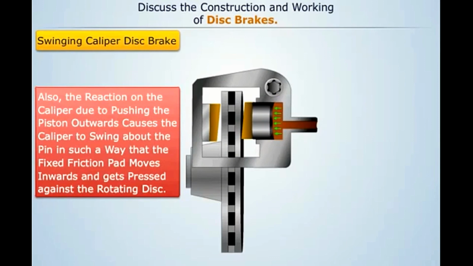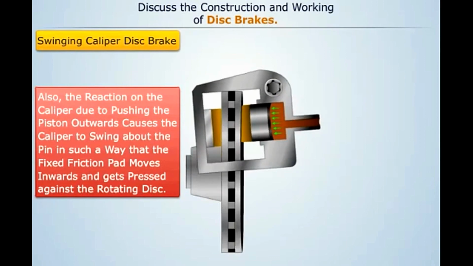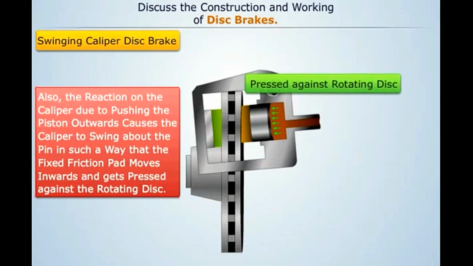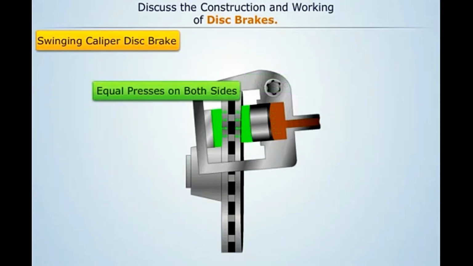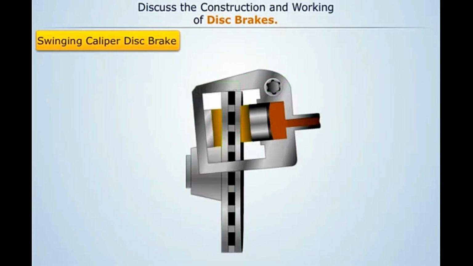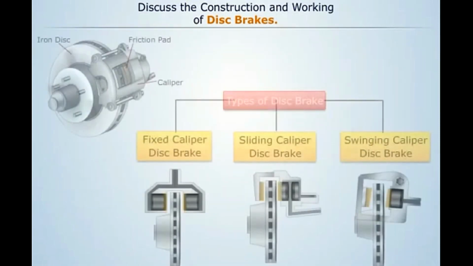Also, the reaction on the caliper due to pushing the piston outwards causes the caliper to swing about the pin in such a way that the fixed friction pad moves inwards and gets pressed against the rotating disc. Thus, equal pressure from both sides is applied onto the rotating disc. Now let us summarize the disc brakes as: